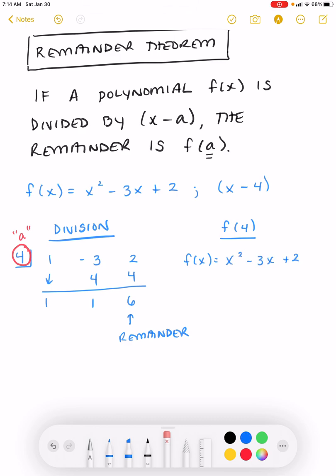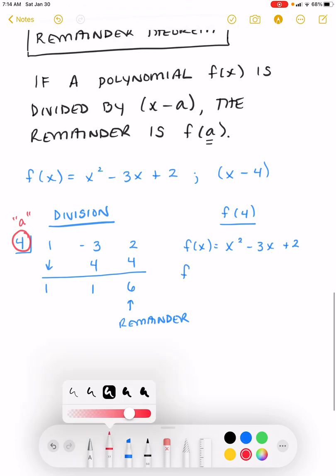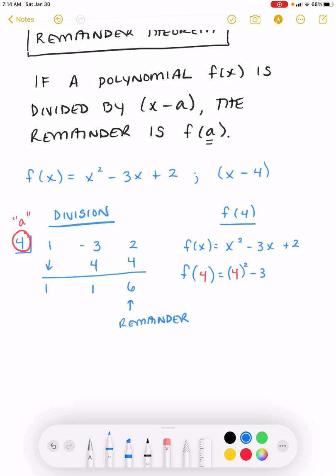If we do f of 4, then we're going to plug 4 in for all of these x's: 4 squared minus 3 times 4